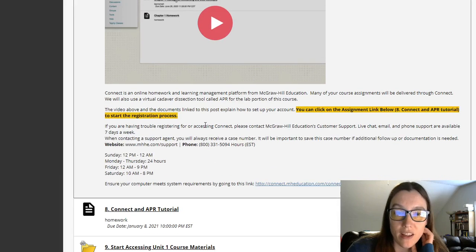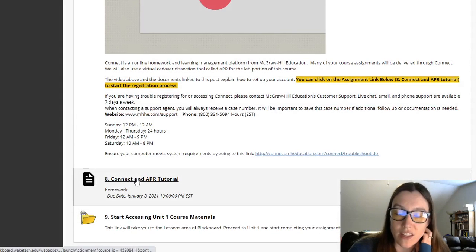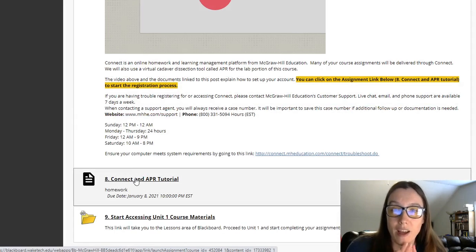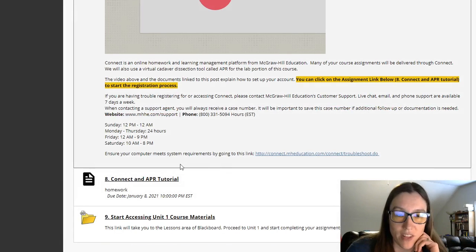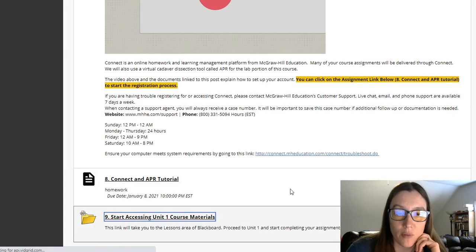Once they do that, the next thing they need to do is complete a Connect and APR tutorial. And this tutorial, once again, is an actionable item. It makes them go through and do something in Connect to make sure they've done that. And so then I move them on to